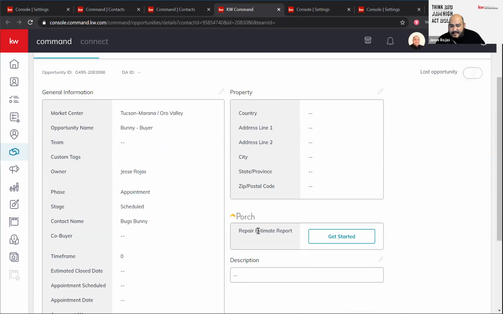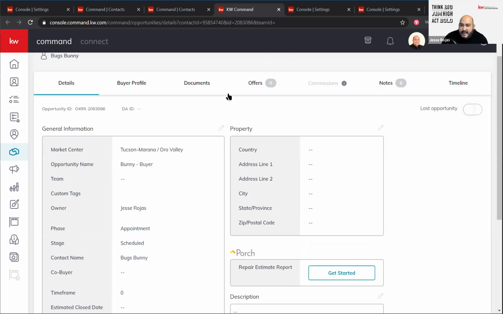Do you guys see this part right here, Porch? Yep. I have it on mine. Does anybody else have this? Yeah, I do too. Awesome. Let me show you how to get it if you want it. Here in the marketplace, right up top, the little store icon next to the bell icon. If you click on that,